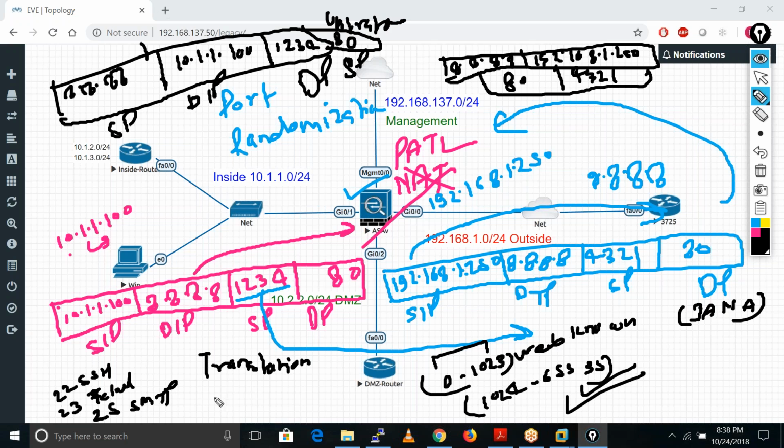We use port number 110, I think this is for POP3. And we use 53 for DNS. So these are the well-known ports defined by the IANA. We know that particular services are running on these ports, right?